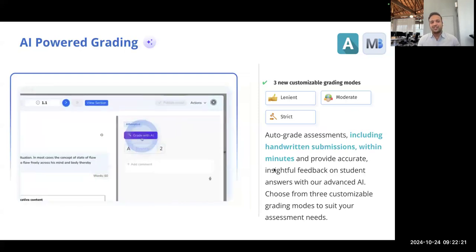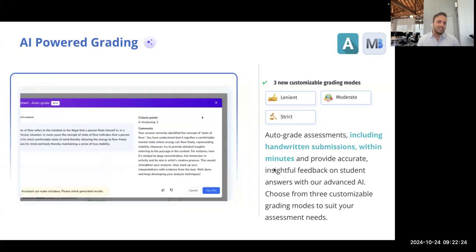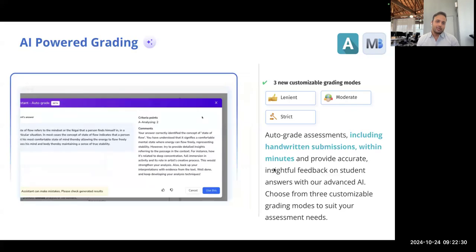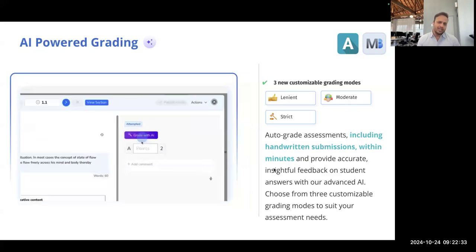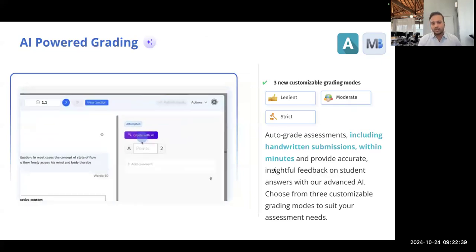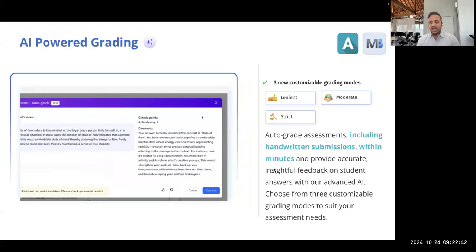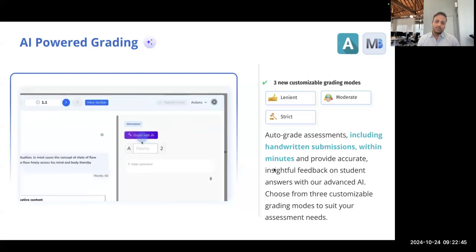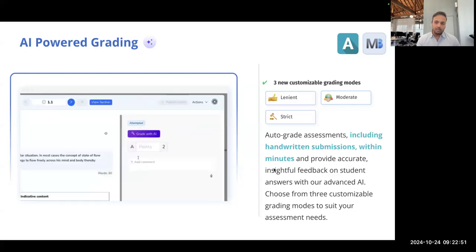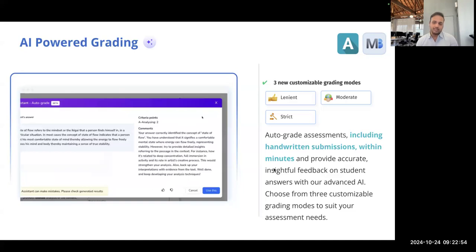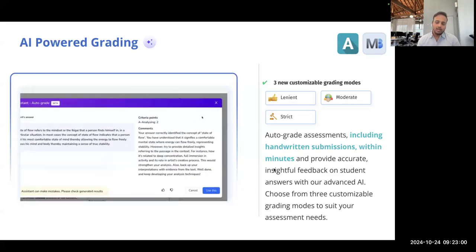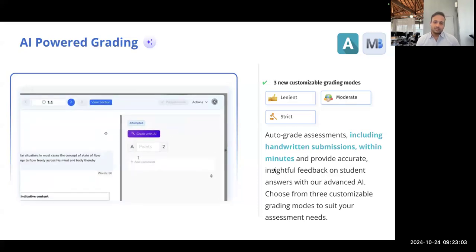Now, the most exciting feature, when I show a demo of AssessPrep to any school, this is one of the features that schools are most excited about, which is AI-powered grading. This has been there for quite some time. We're improving on its ability to grade, and it's pretty accurate for most of the subjects. But now what you would be able to do, and this is something that a lot of schools are using it for, is the ability to grade handwritten submissions as well. Wherein if a student uploads or if a teacher creates a handwritten submission, so you're doing your assessment on pen and paper, you're using AssessPrep to create, grade, and analyze assessments, but the students are still doing the assessments on pen and paper, you would be able to use AssessPrep AI to grade not only typed answers, but also handwritten